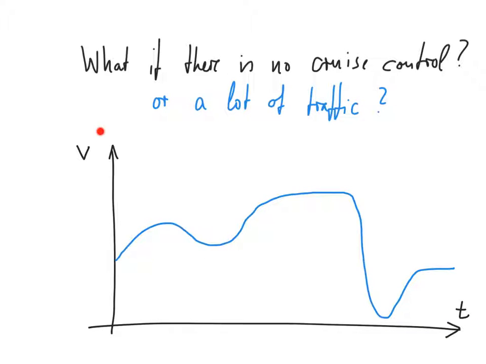So in this case, our velocity function might look something like this, right? We can accelerate, we have to slow down, then we can stay at a rather good speed for quite a while, but then we hit a traffic jam, have to slow down for a bit before we can continue at a much lower speed, because traffic is much more dense now, for example, right? So you can think of many different situations, many different velocity curves that you could obtain depending on your driving